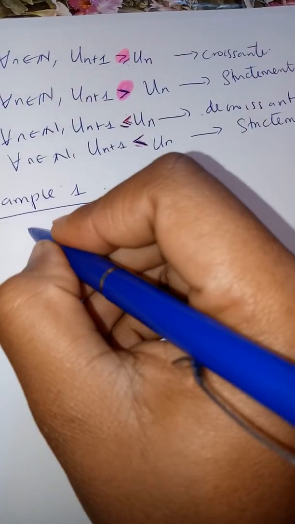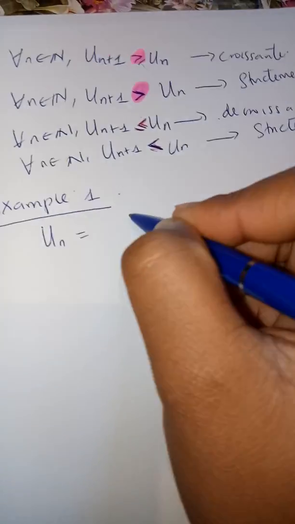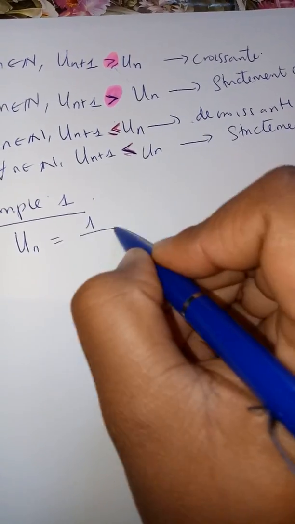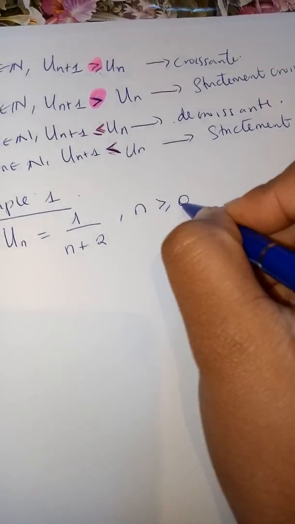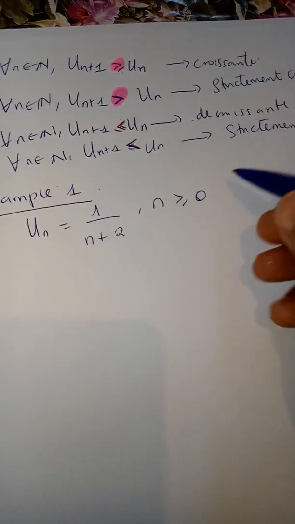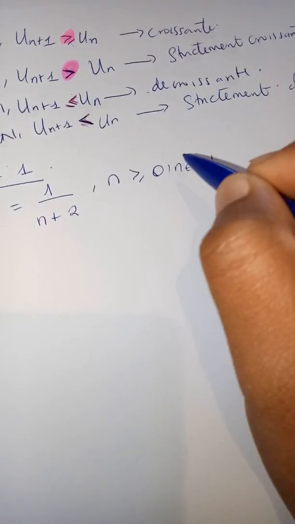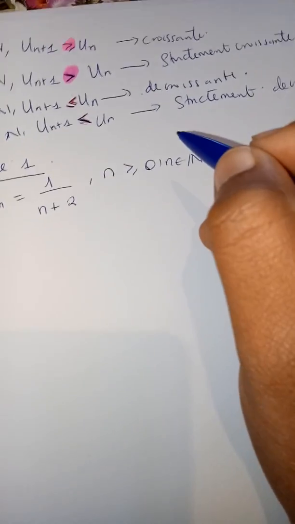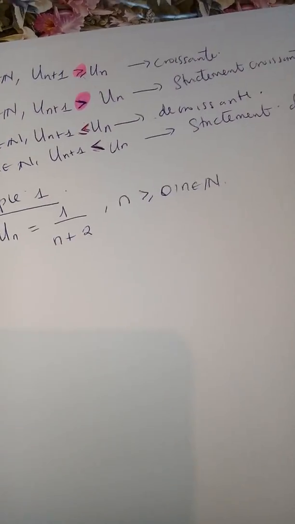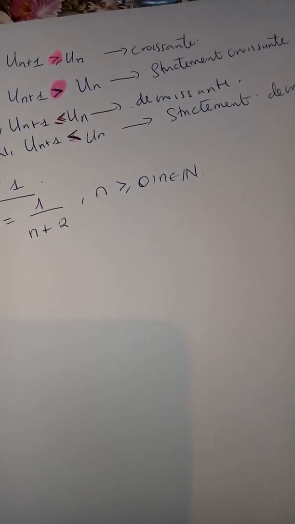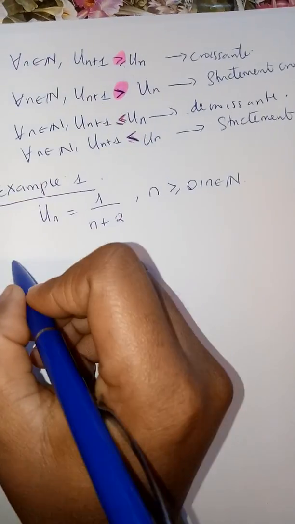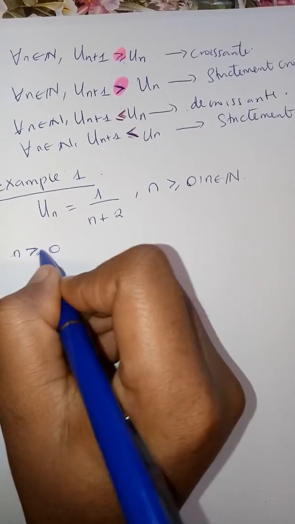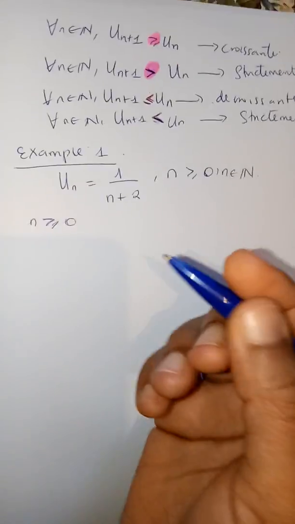We're given a suite de terme général un, which is equal to 1 over n plus 2, lorsque n est supérieur ou égal à 0. Of course n appartient à N, and we are asked to show if this suite is majorée or minorée. How are we going to go about it? Now we know that n is greater than or equal to 0, right? Now since n is greater than or equal to 0,